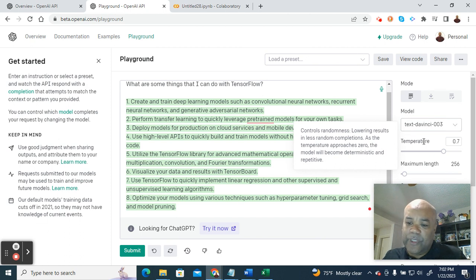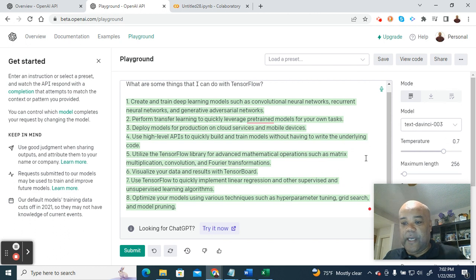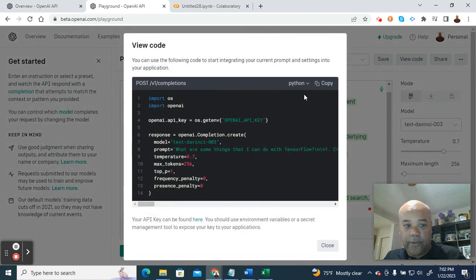The temperature is really going to be a measure of the creativity or the randomness that's going to go into the responses here. So I say all of that because if you go to view code here, it will give you the code. So we've already done most of this up here already,